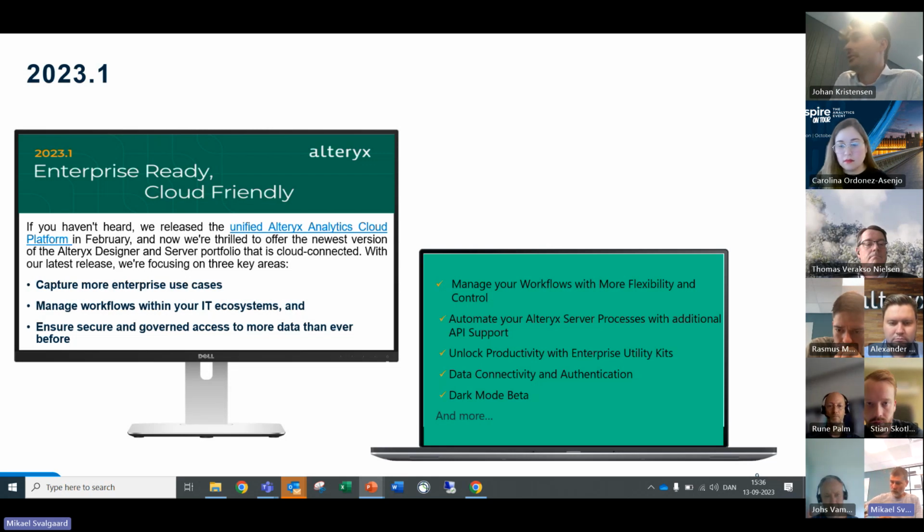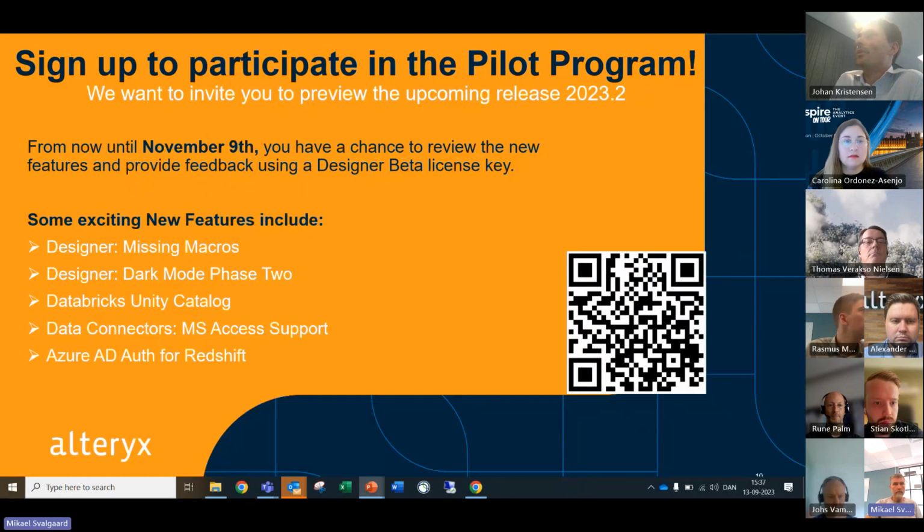And as you can see on the right, it's the managing of workflows, flexibility, API support, all these things, but it's also just to share things more easily. So those are some of the things coming with the newest update, at least in terms of the Alteryx cloud-friendly update.